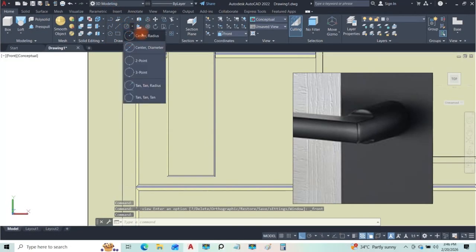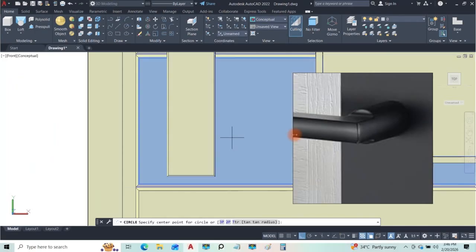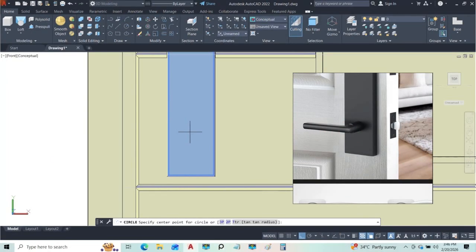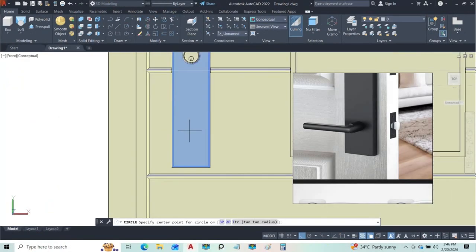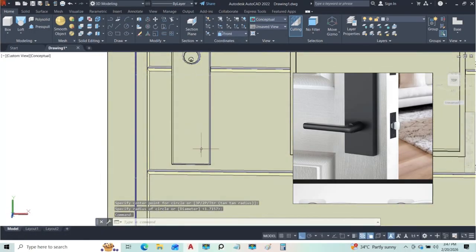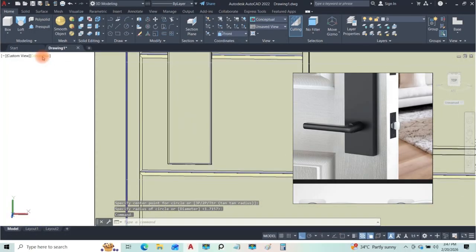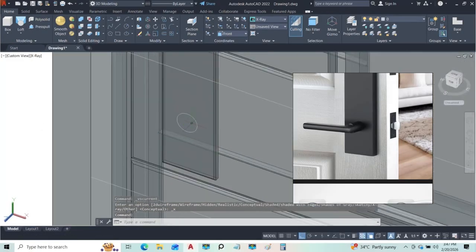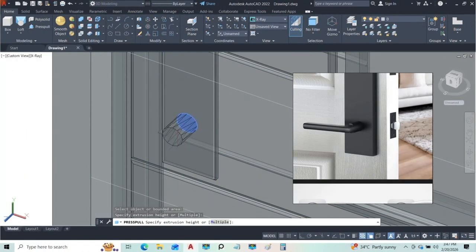And so while we are here in the front view, we can quickly create that cylindrical shape. So we'll use center radius, and let's see. Okay, somewhere here is fine. Something like that is not bad. It doesn't feel centered, but no issue, so just work with that. So click, go to press pull, select this, come all the way here,